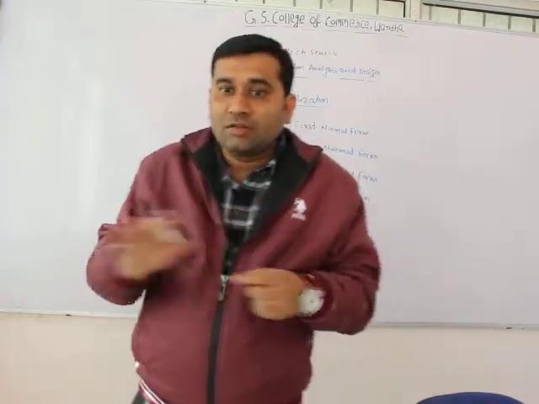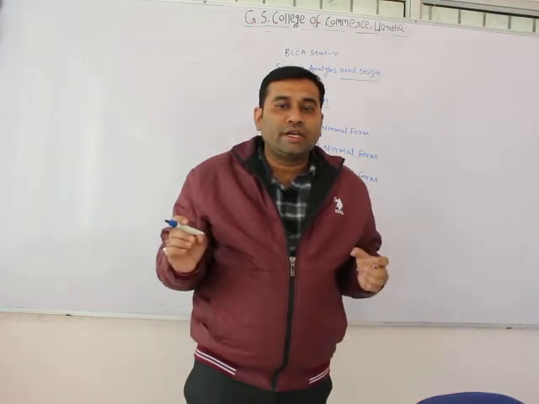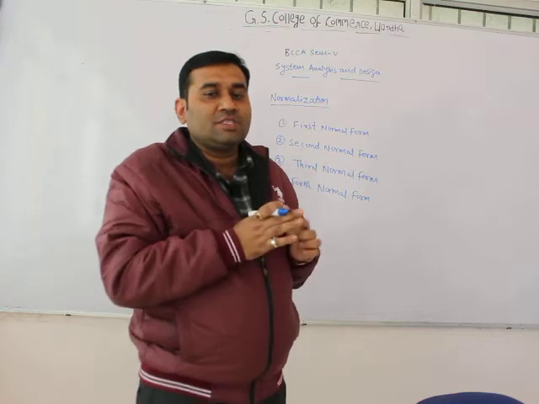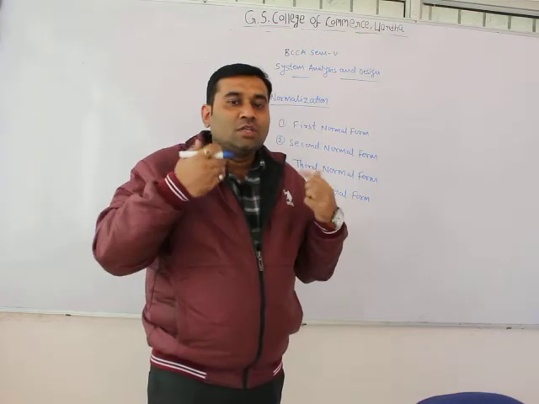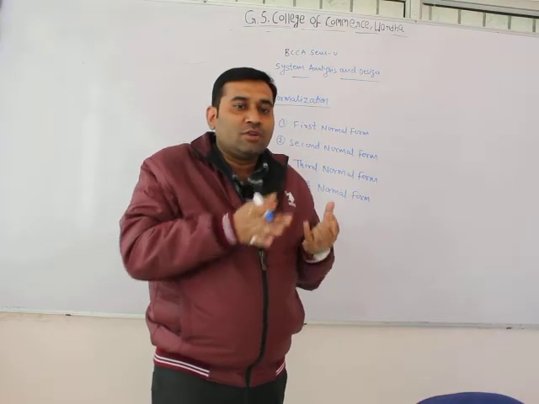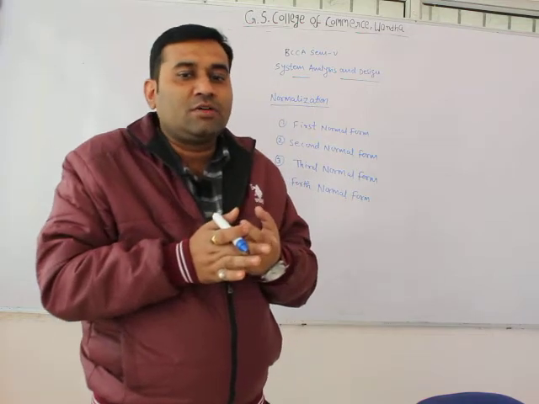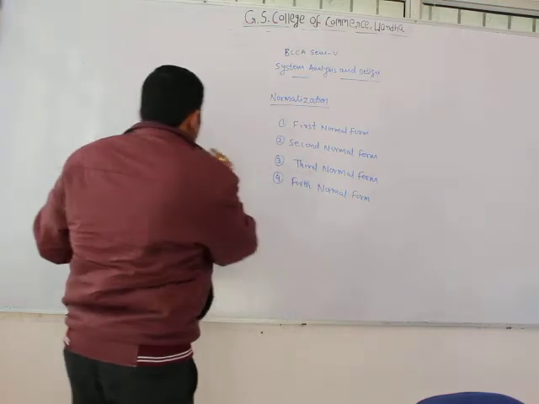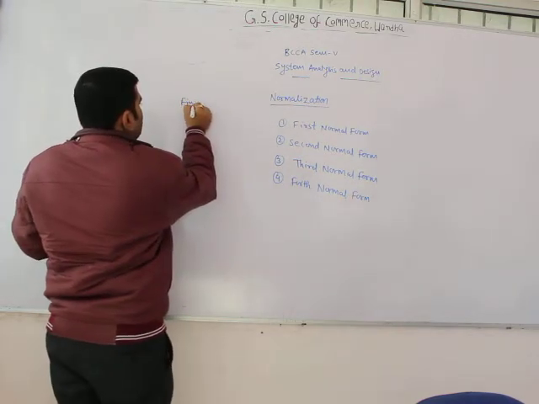It does not allow the multi-value attribute, composite attribute, and their combination. First normal form defines the definition of the relation itself. The rule is that all the attributes of the relation must have an atomic domain, must have only one value. Suppose we consider one example of the first normal form,